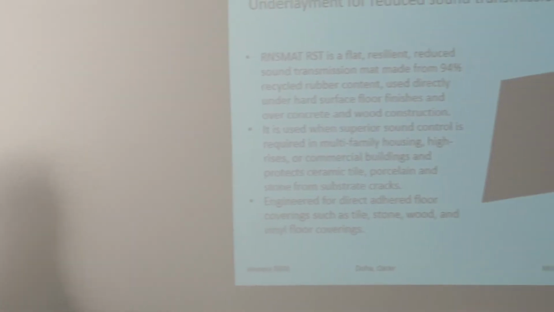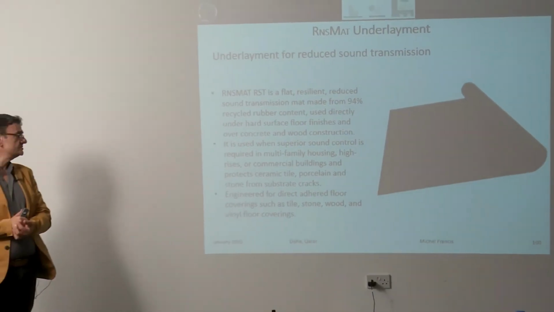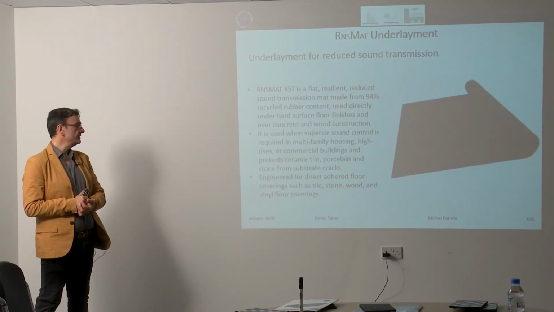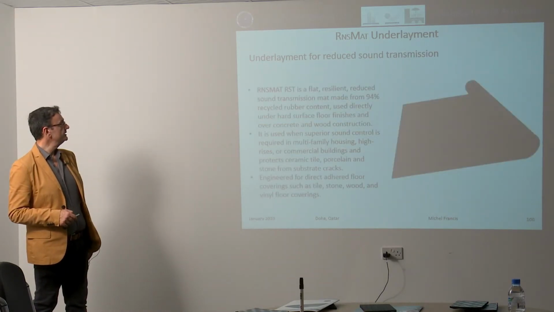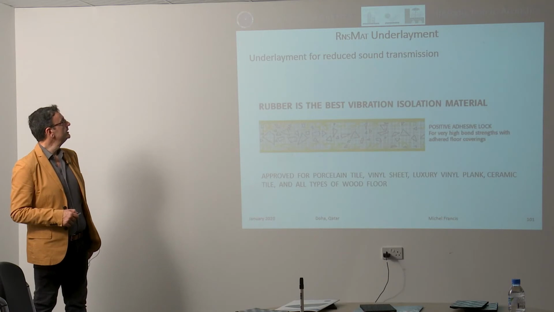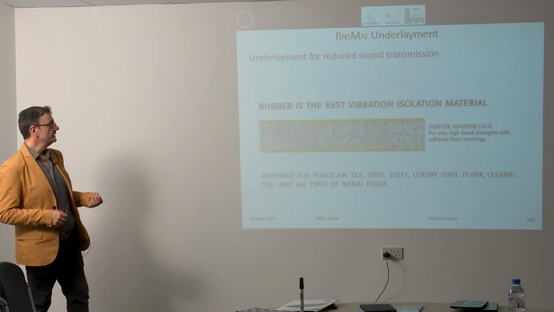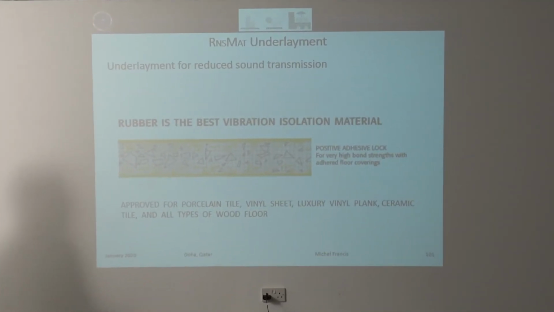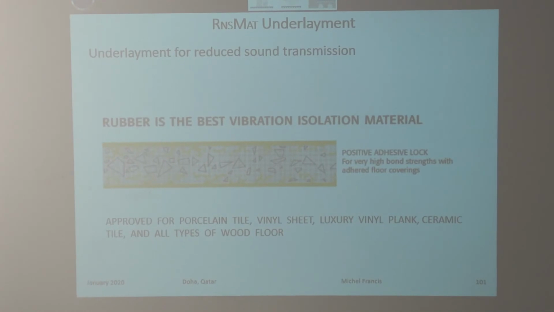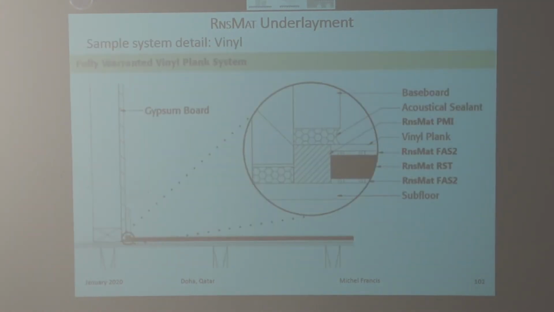Engineered for direct adherence of floor coverings such as tiles, stone, wood and vinyl flooring. So I think we have some sections here, or maybe not for this one. Anyway, how does it reduce sound transmission? This is made of rubber, and that rubber is going to absorb the vibration and absorb the noise, so it's going to reduce the vibration. This is a section showing how it is with vinyl planks and the RNS, and I think this FAS2 is